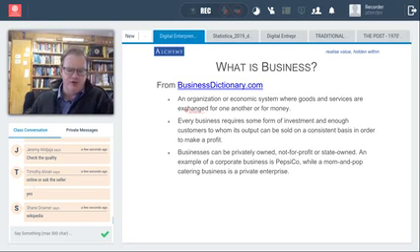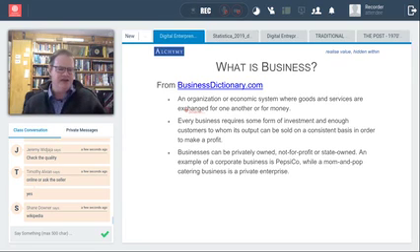Businesses can be private owned, not-for-profit, or state-owned, etc. So we use the term business on a number of different levels. But from our purposes, fundamentally, we're talking about solving a need for a profit. Okay? So in many ways, what we need to think about is our business is a function of a couple of things, right? One,